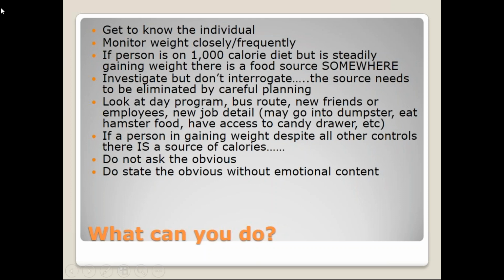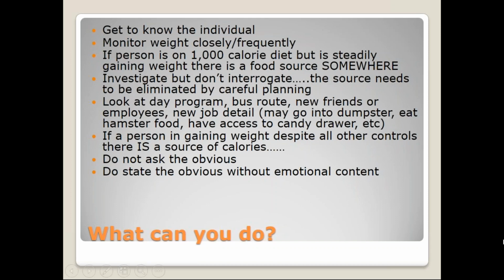Just give up? No. First of all, I've got to get to know the person. Know what's really, really important to them. As far as the weight, we're going to try and make weight and food a non-issue. I'm going to make it very regular that I'm going to monitor the person's weight. When a person first moves into a group home who has Prader-Willi syndrome, I believe they're usually weighed every single day at exactly the same time of day. No questions, no fussing, no fighting, we just do it.